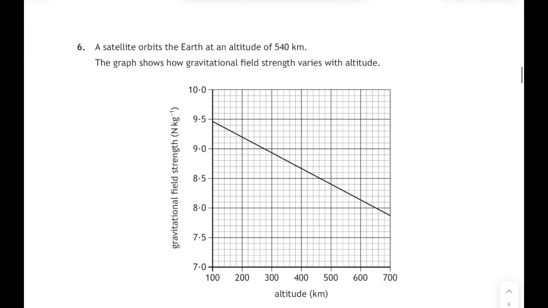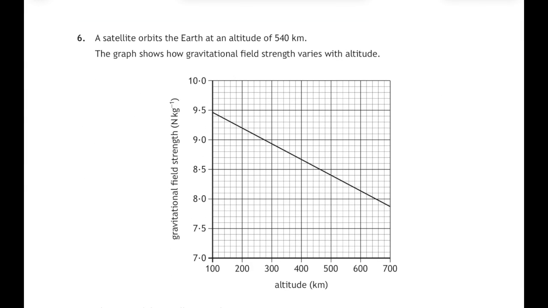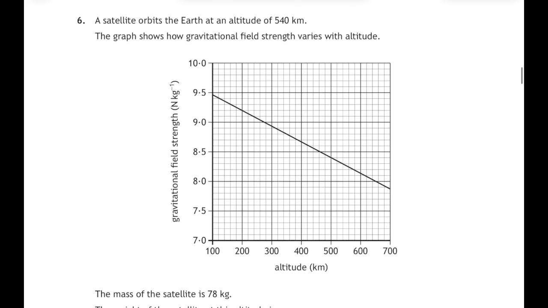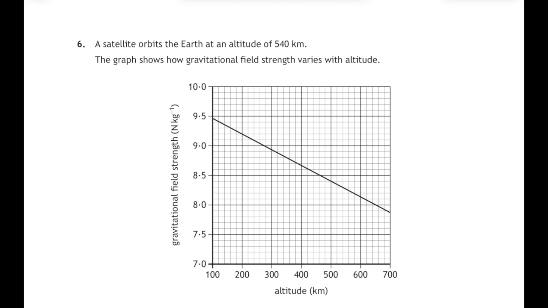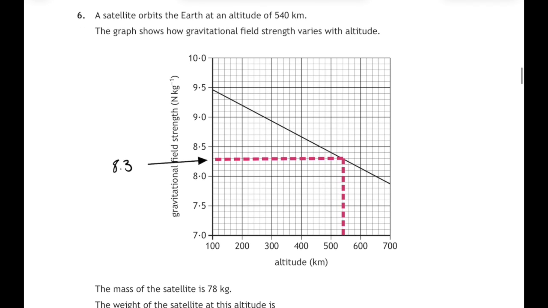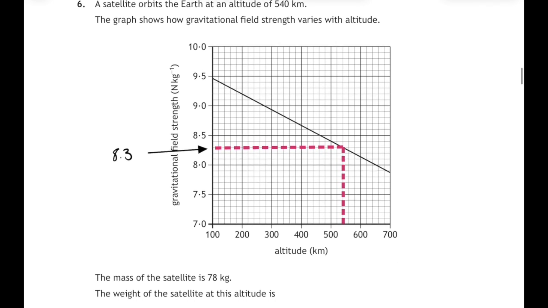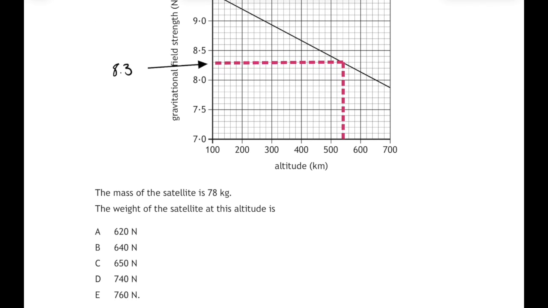Okay, question 6. A satellite orbits the Earth at an altitude, that's a height, of 540 kilometers. And the graph shows how gravitational field strength varies with altitude. And so at a height of 540 kilometers, we can mark that on the graph. That corresponds to a gravitational field strength of 8.3 newtons per kilogram. Now, if the mass of a satellite is 78 kilograms,